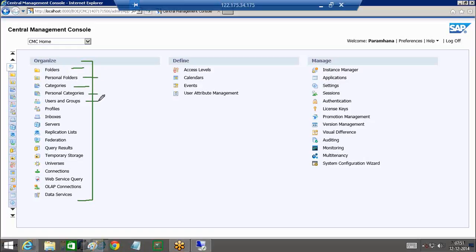Users and groups, and a lot of other areas, for example, maintaining security profiles at the BOBJ layer, the SAP inbox, server services of the BOBJ and the BODS, replication list of the BODS, federation of the BODS, query results of the BOBJ reporting portfolio, temporary storage for all the data stores, and then you have universes, of which there are two types that we'll learn tomorrow in our reporting session: connections, web services, OLAP connections, business objects data services. So these are all the other administrative areas, and what we will be selecting is the fifth link,